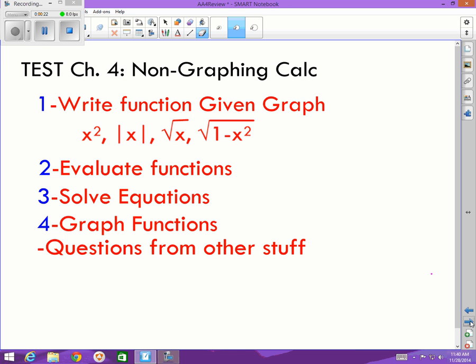And then the non-graphing calculator part will be to write a function given the graph, dealing with x squared, absolute value of x, the square root of x, and the square root of 1 minus x squared. As you recall,